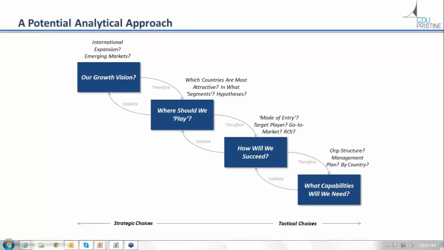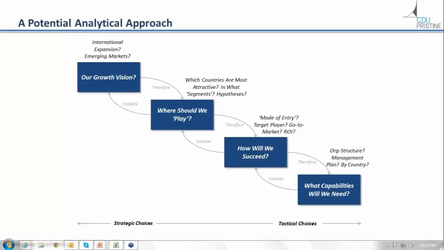Because what you don't want to do is make growth choices that might give you some revenue growth in new markets, but actually start cannibalizing or making your current set of customers unhappy. In the end, you want to maximize the aggregate and not just one particular portion of the business. So take a look at your growth vision, and then try to answer the question, where should we play? The metaphor of play here is about what intersections of products, markets, customers, and geographies we should focus on.